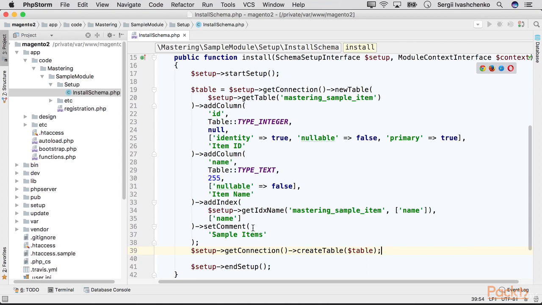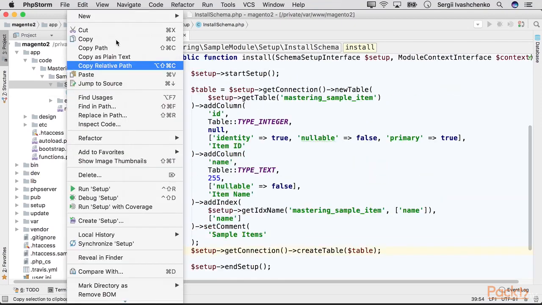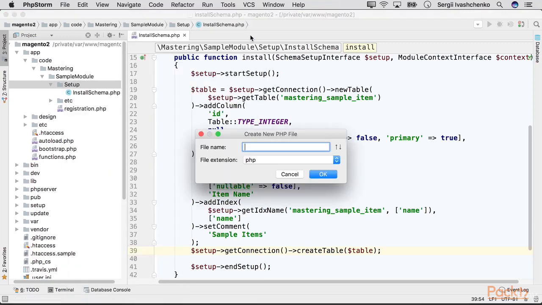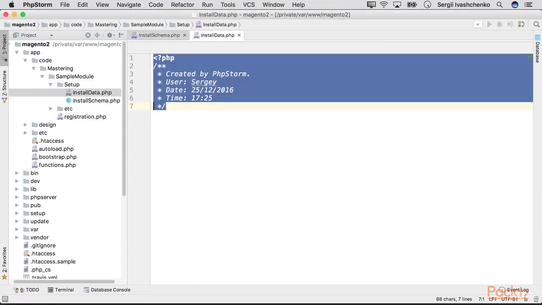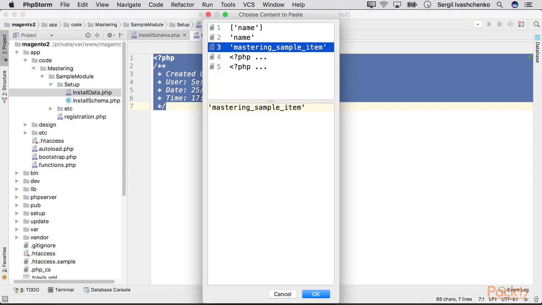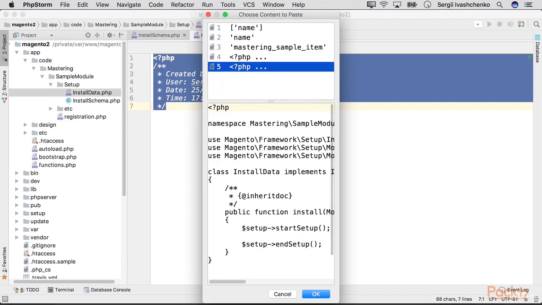But sometimes we want to also fill our table with some basic data, just some default data for installation. In this case, we have to create an install data script. So let's create another file under the setup folder. It should be called install data.php, and I will paste